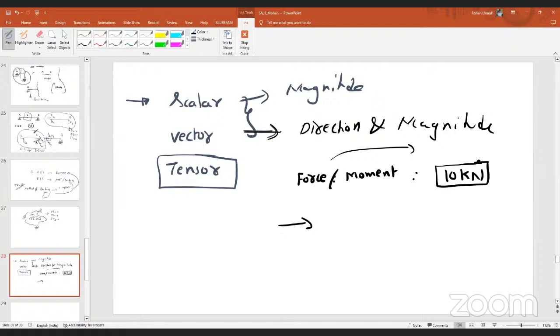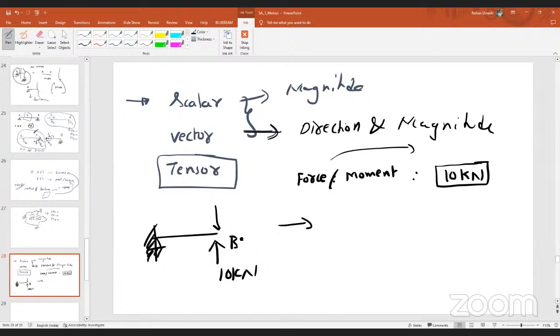If I say to somebody that there is a cantilever beam, and at point B the force acting is 10 kilonewton, is it sufficient? No, sir. Why? Because I should tell you whether it is acting in the downward direction or in an upward direction. As we are dealing with vector quantities,